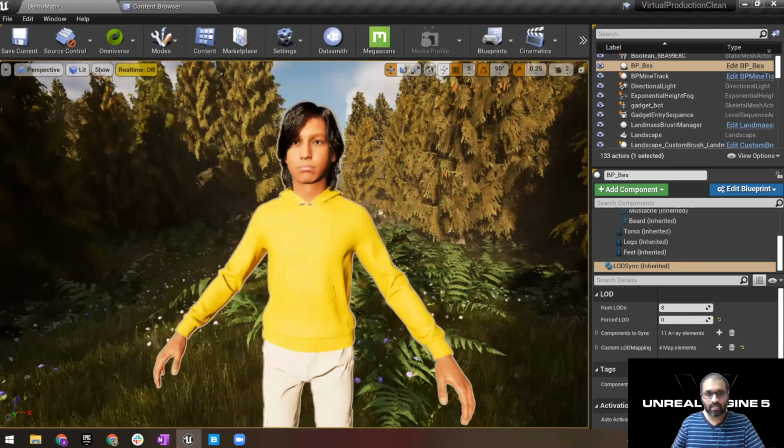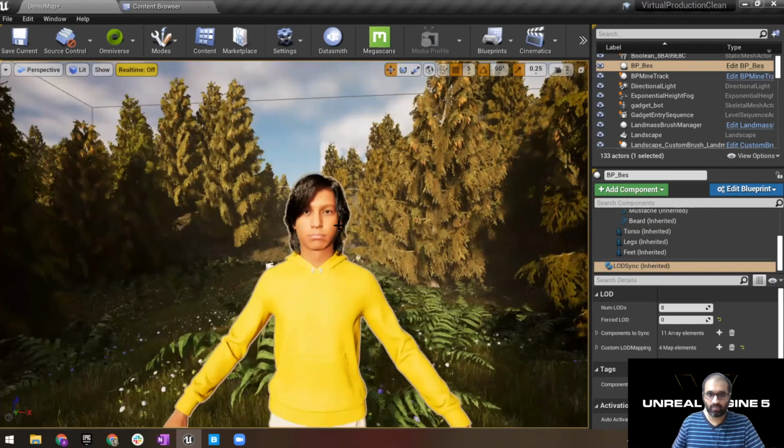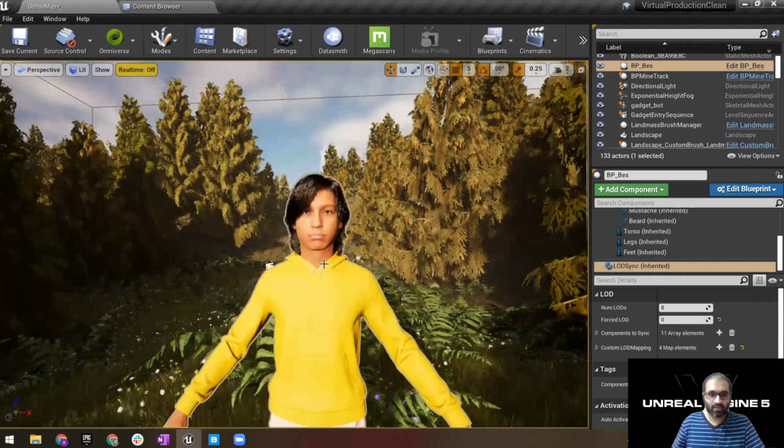Now, if you look at the MetaHuman itself, it's very good looking, with great looking hair, like mine. You also have pretty good looking clothing. All of that is simulated and physics based. So you have all of that. You also have the ability to edit the animation blueprint and make your own changes if you want to.